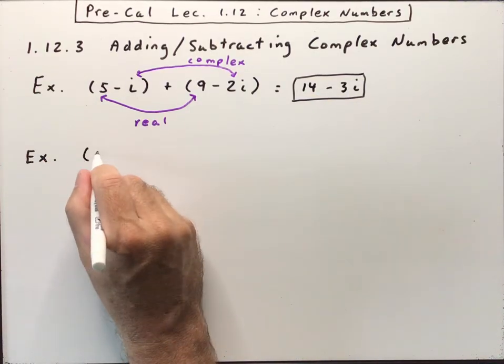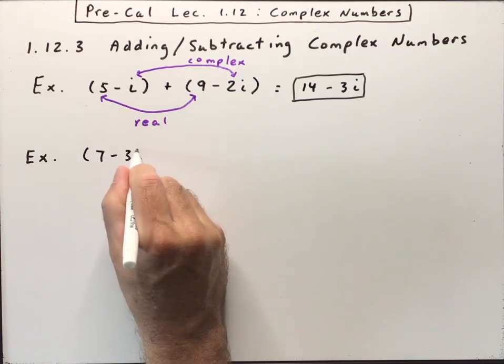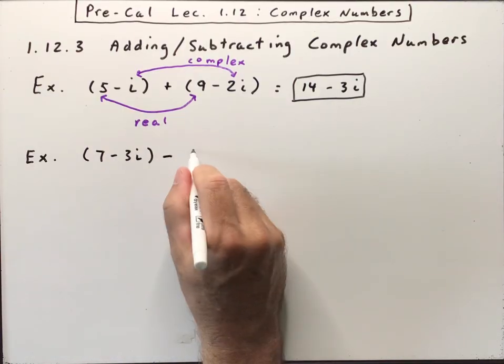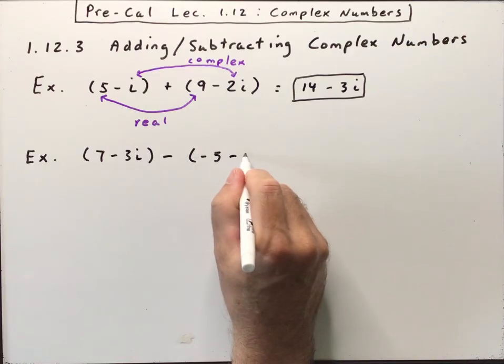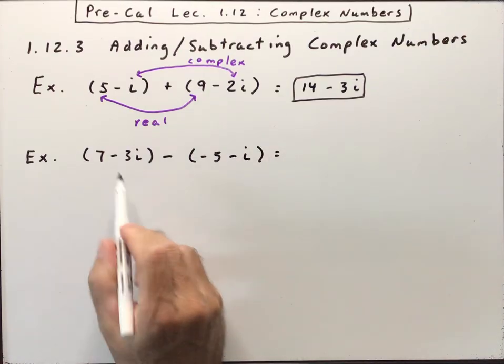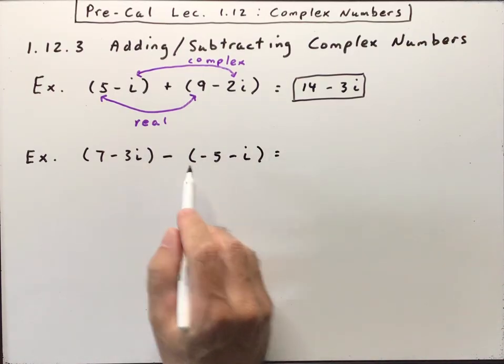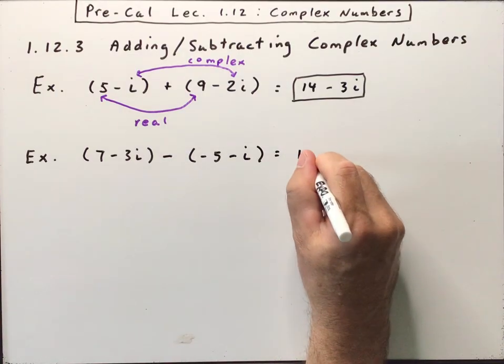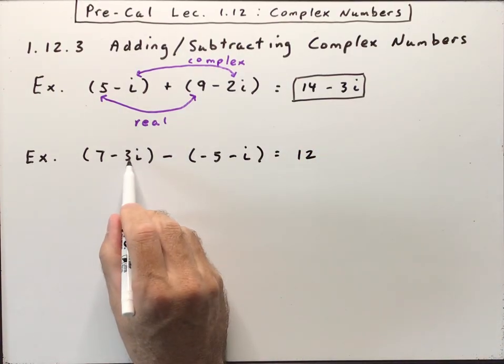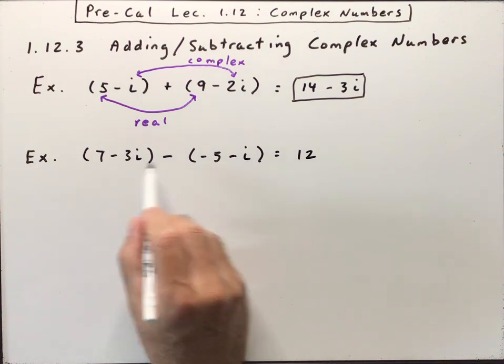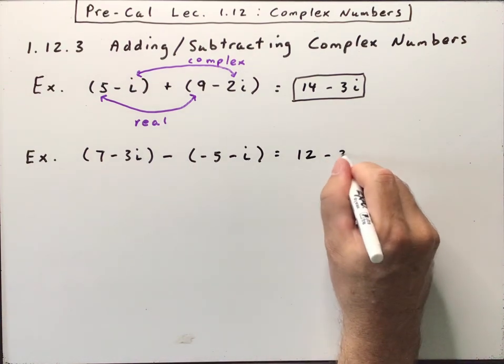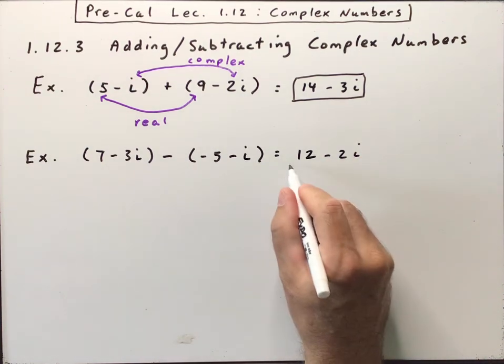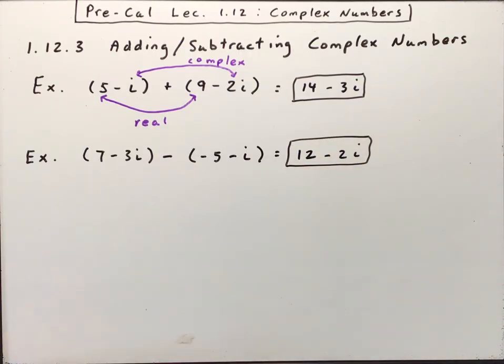And the next example, let's say we have (7 minus 3i) minus (negative 5 minus i). So we'd have 7 plus 5, which would be 12. And then negative 3i minus negative i would be negative 3i plus i, so minus 2i. So you won't mess this up unless you mess up subtracting a negative or something like that. All right,